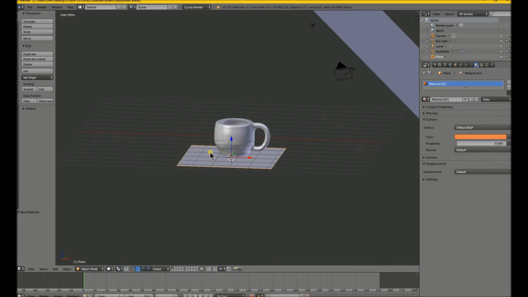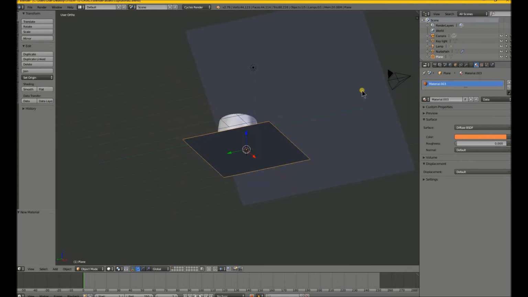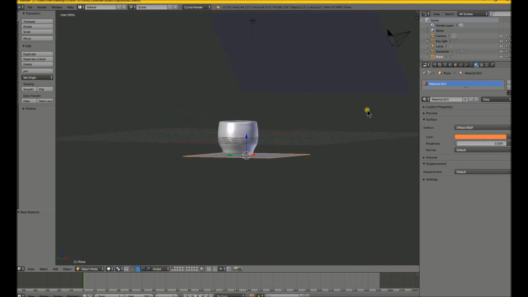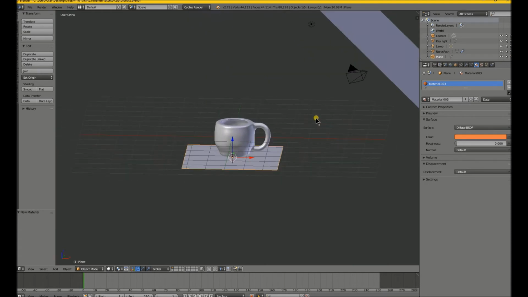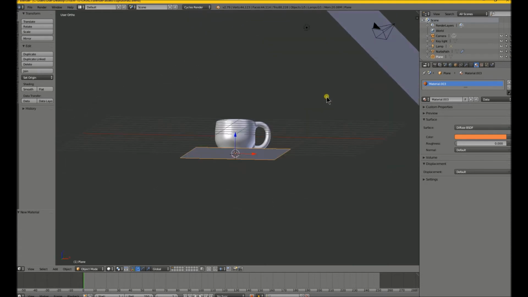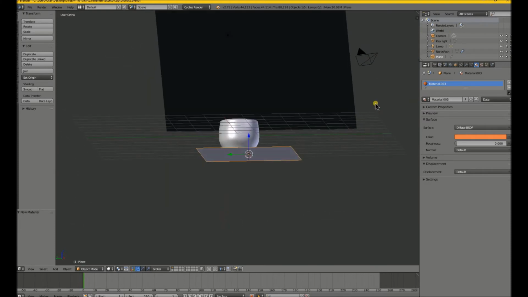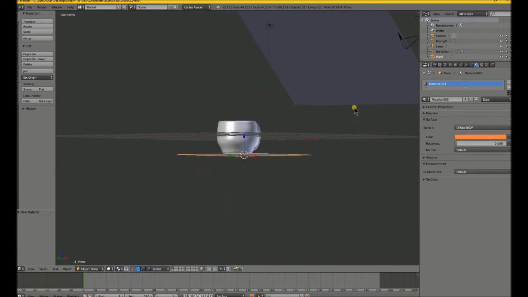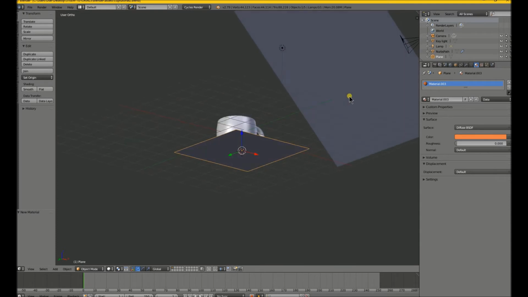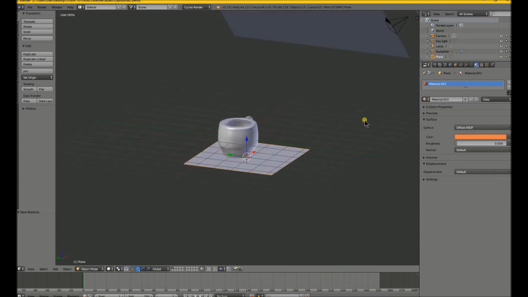Obviously we've got our cup from the previous tutorial, but we've added subdivision textures. We've smoothed it out as well, and of course, last but not least, we've added a whopping great panel light here. So as I was saying, if you're new, I think these tutorials are aimed at people who've just started using this program. So